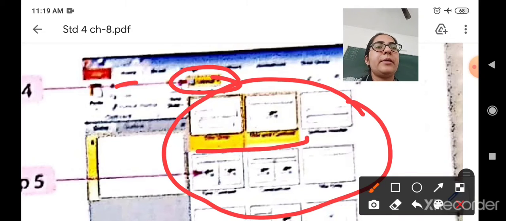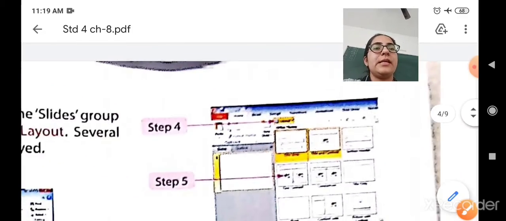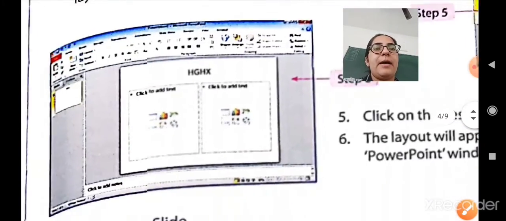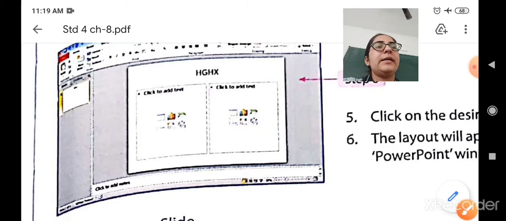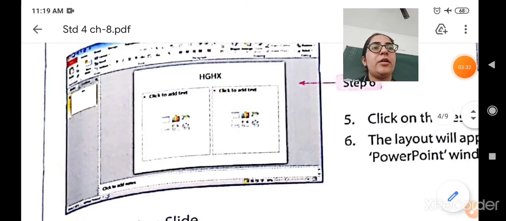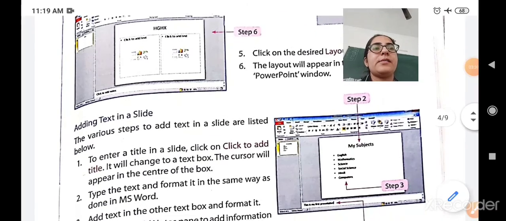For example, here the person has selected two layouts, first and second, and you will see that these two layouts appear on the screen. So this is how you can create a new blank presentation and how you can create the layouts of your choice. Okay, so this topic of creating a new presentation is finished.